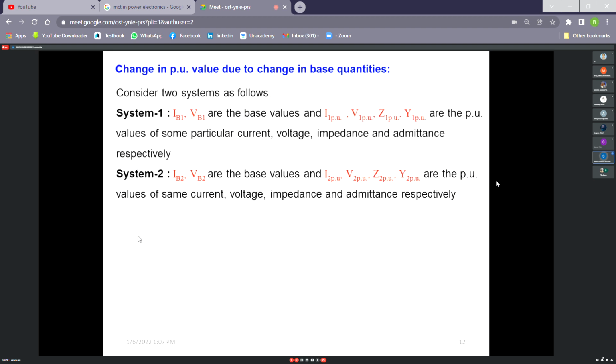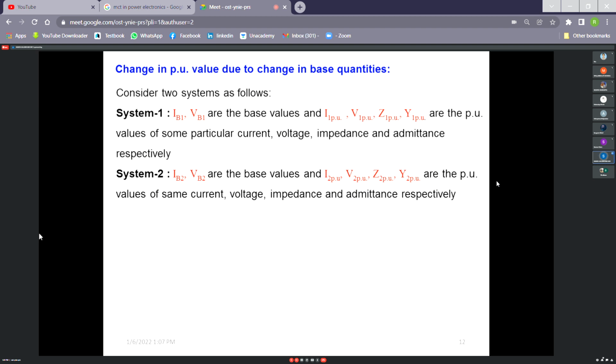So in that case, when they are connected in a power system, there will be a common base. We shall assume base values for the total power system. So in that case, this thing will be required. We have to calculate the per unit values of the transformer or the generator parameters depending on the base values we have assumed when they are connected in a power system. So that's why this is required.